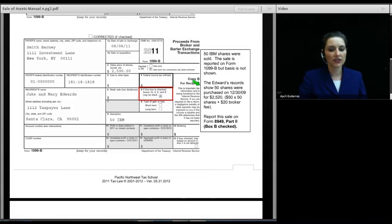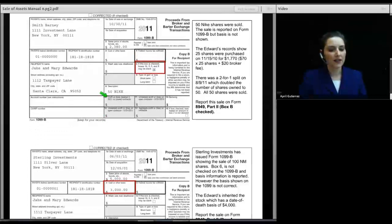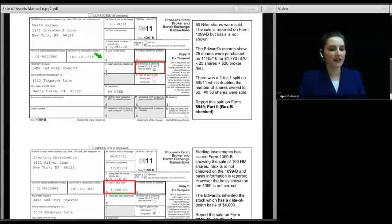Edwards have records that show 50 shares were purchased back in 2009 at a cost of $2,520 plus a brokerage fee of $20 was paid. So their cost basis will be $2,540. On the next 1099-B, we have a date of sale, we have date of acquisition blank, we have cost blank